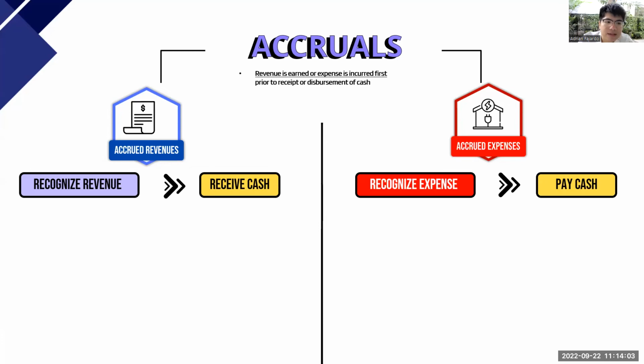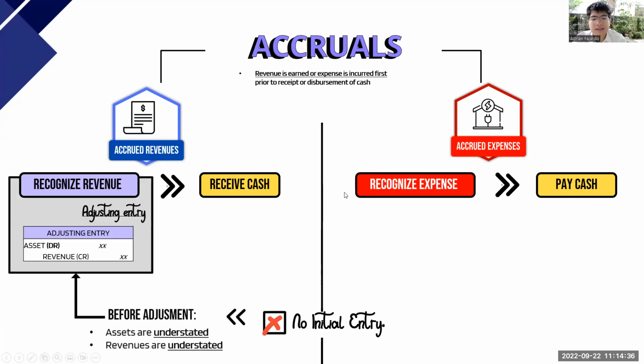So let's do the same exercise. In accrued revenue or in accruals, kindly take note that there's no initial entry. No initial entry because there's no previous cash transaction. Yung first time mong i-recognize yung revenue and the first time you recognize your expense will be your adjusting entries. Pero in the unadjusted trial balances, accrued revenues and accrued expenses don't show up, right? And therefore, since no initial entries,